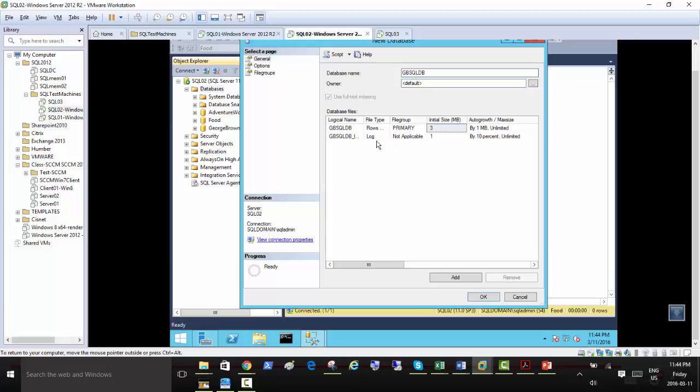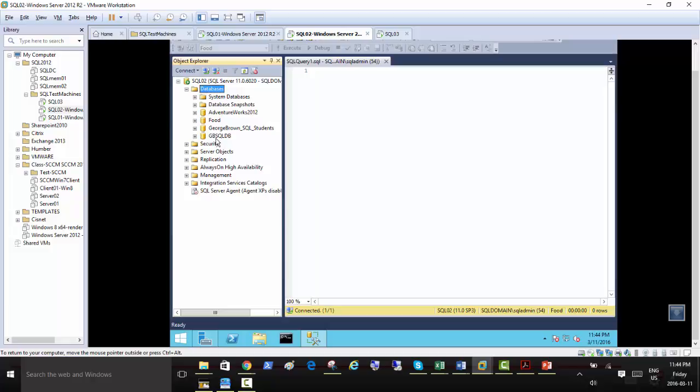Notice that it's going to create the MDF and the LDF files, so the database and log file paths can be seen there. I'm just gonna press OK here, and there it is, the database. The rest of the work we're going to be doing inside this database.